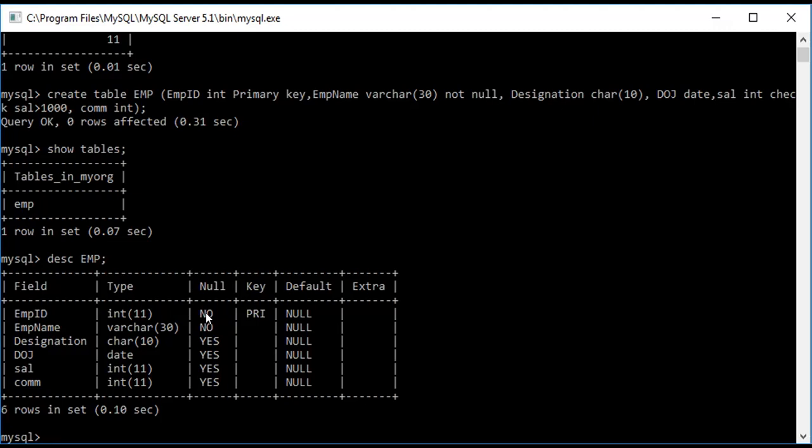And null no means you cannot write a null value here. You cannot leave anything blank. EMP name is also not null because we had put not null in the command, right? And the rest are default, the null values are there, and default values are null only. Fine. So this is how we create a table and how to show the list of tables, right?